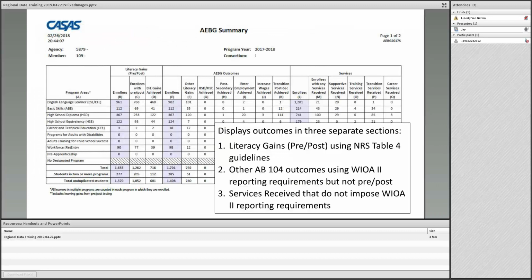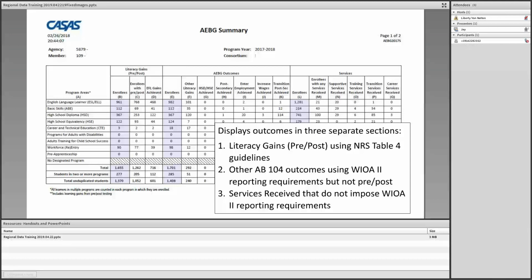Okay, the first report we're going to spend time discussing, and this is the bread and butter of all AEP reporting, is called the AEP summary. The AEP summary basically summarizes the 7 areas of the AEP program. It gives you information about all the areas of AEP outcomes, as well as all the different areas related to short-term services. So just to show you the screenshot, in the left-hand column,